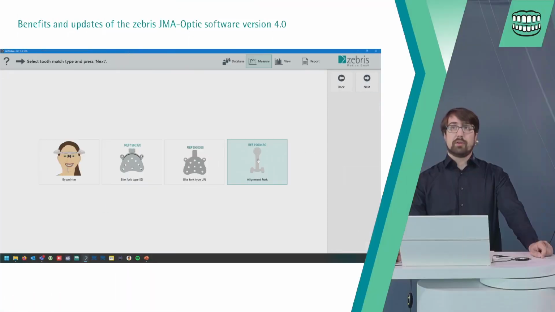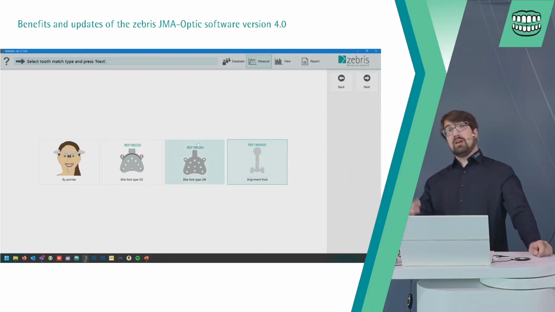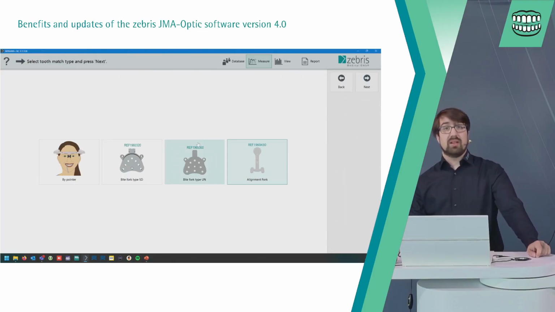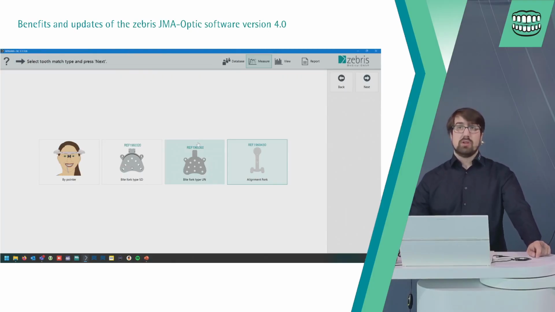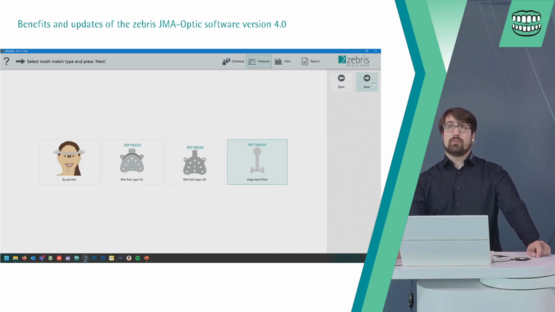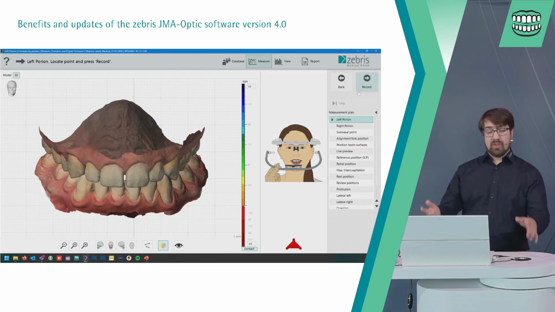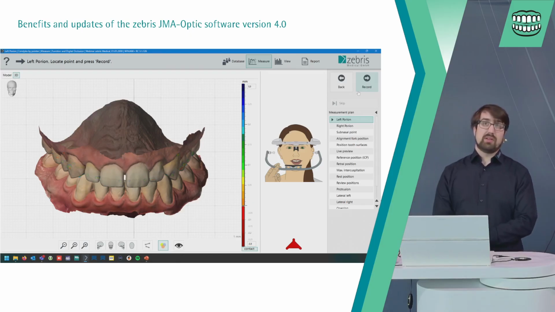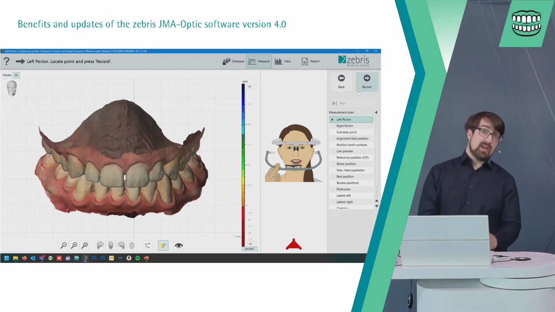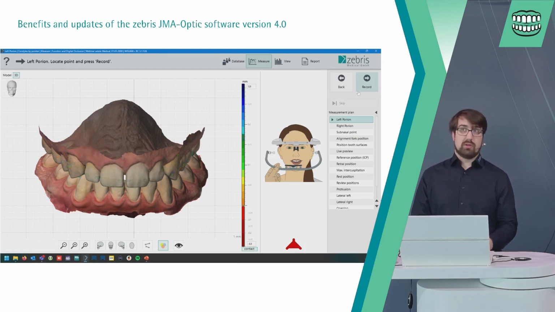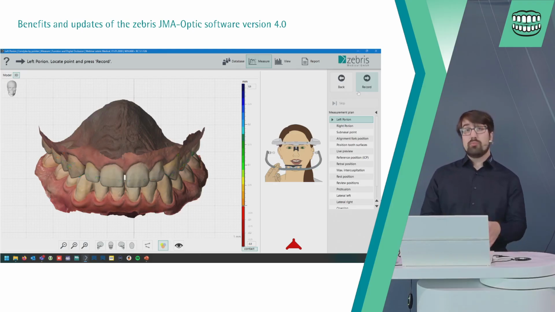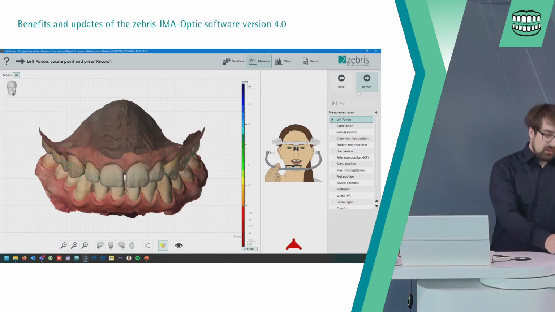Okay, so let's start. I started the measurement, and as I told you, the first question now is how we want to record the upper jaw position. For now, I will select the alignment fork. And there we are. Also, a new feature here is that when you already made a measurement with your patient and had the scans imported into the previous measurement, these scans are automatically loaded for the new measurement. You could change them, but if you don't want to, you can skip the import routine.